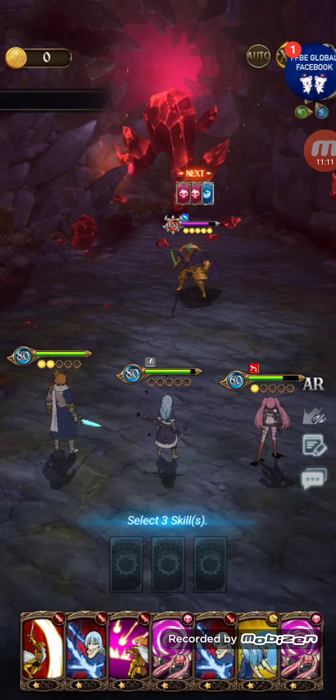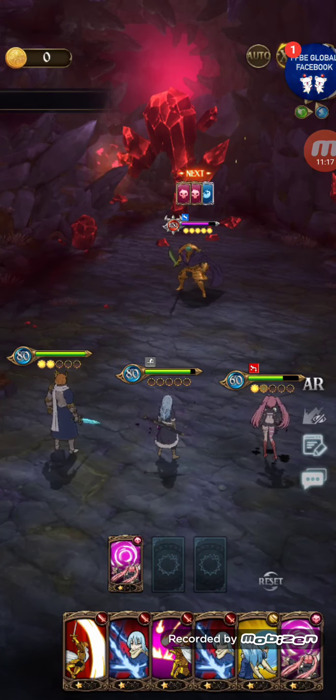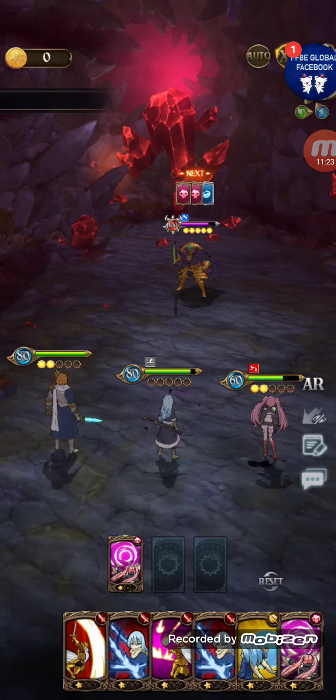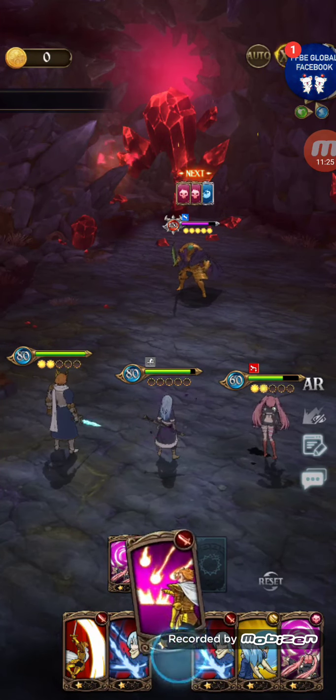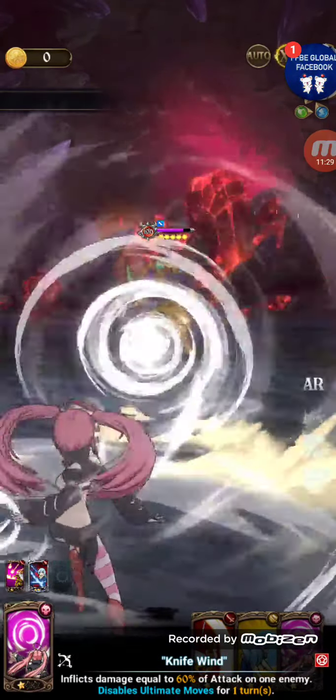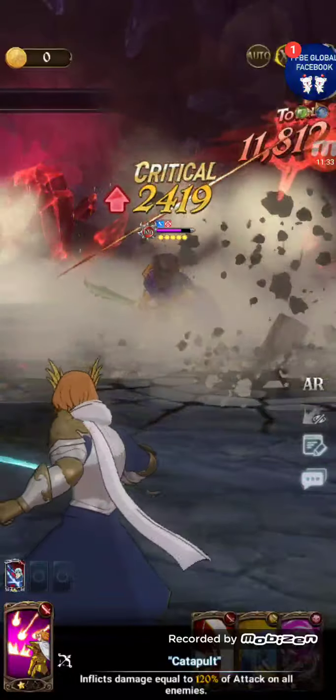So you can see he kind of ulted himself all the way up. So what we do is we start debuffing him with ult stall. That's what Milim does. Disables ultimate moves for 1 turn. It is handy here if you have Rimuru's taunt, which I did not get those cards, but I can at least put the ultimate move disable. I won't need it next turn,